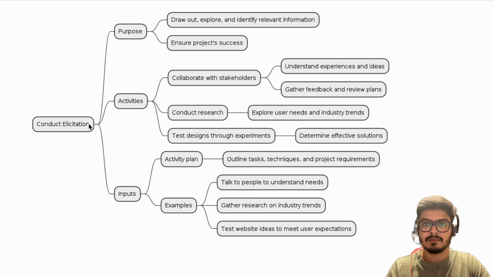Now, these two are also covered using the mind map, and in order to explain as per the example, in guide elicitation activity, while you are conducting your elicitation, you need to define the agenda before you conduct it. You also need to define the scope and background information you have understood during your preparation. You need to consider project goals and expected outcomes while you conduct elicitation so that those can be integrated with